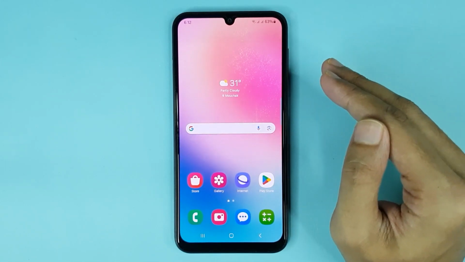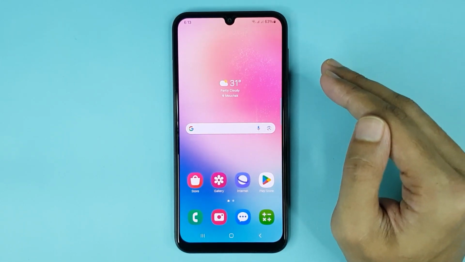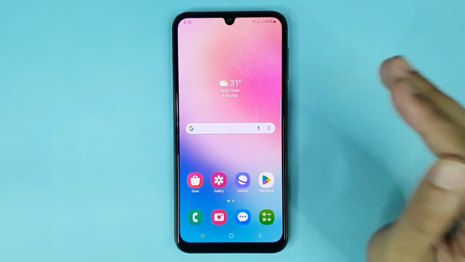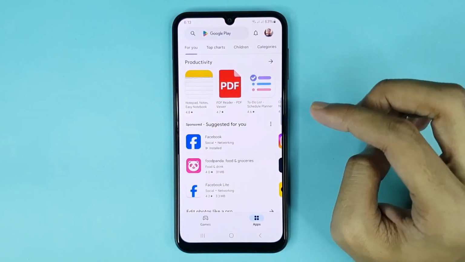In today's video I'm going to show you how to lock apps on Android. Now if you have a built-in app locker in your phone, then you can lock your apps without any third-party apps. But if you cannot find an app locker in your phone, then go to Play Store and search for app